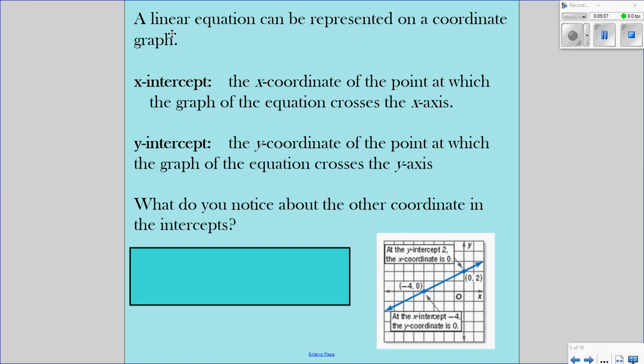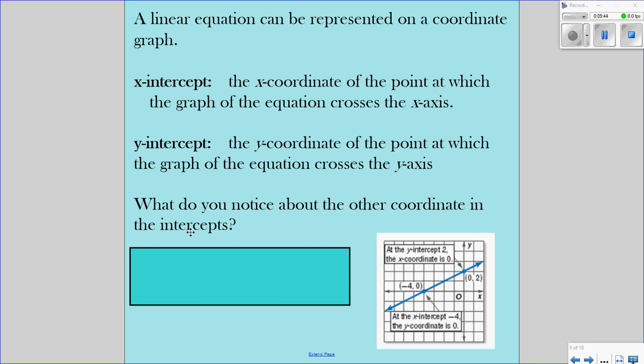Alright, so a linear equation can be represented on a coordinate graph, as you can see here. The x-intercept is the x-coordinate of a point at which the graph of the equation crosses the x-axis. That's the horizontal line. So you see where the line crosses that x-axis, that is the x-intercept. The y-intercept is the y-coordinate of the point at which the graph of the equation crosses the y-axis. So if you look at the graph, the point where it crosses the y-axis is the